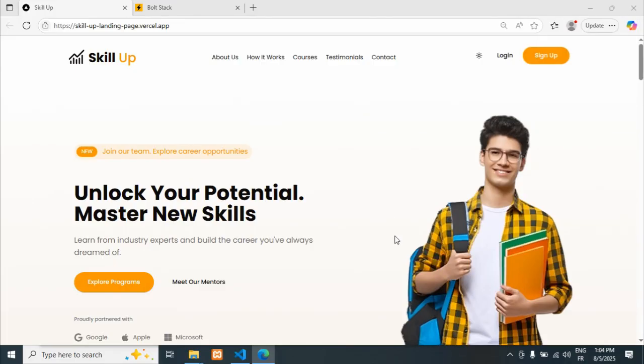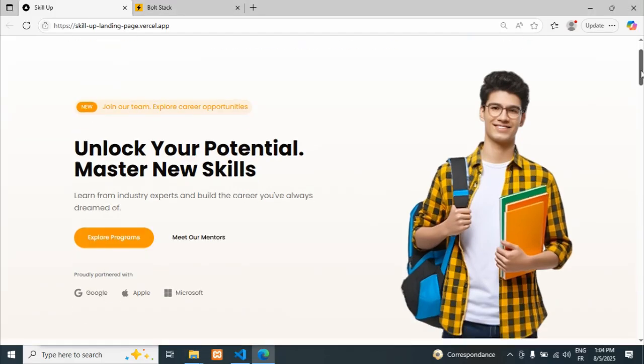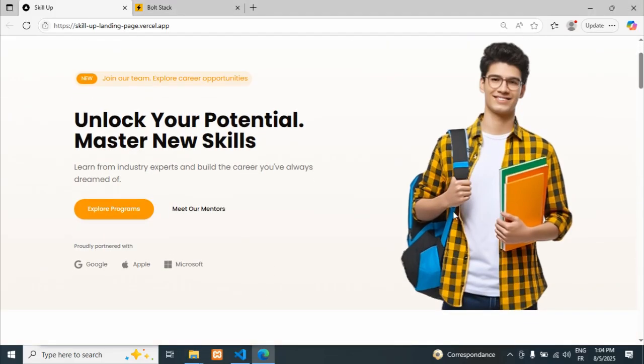So we're going to be using React, Next.js, Tailwind CSS, and TypeScript to be able to build this project. So this is the landing page that we're going to be building. As you can see, we're having this beautiful navbar, and also we're having this hero section with this guy at the right side, and also we're having some information. And also we're having a bit of gradient color at the bottom to give this hero section a professional and